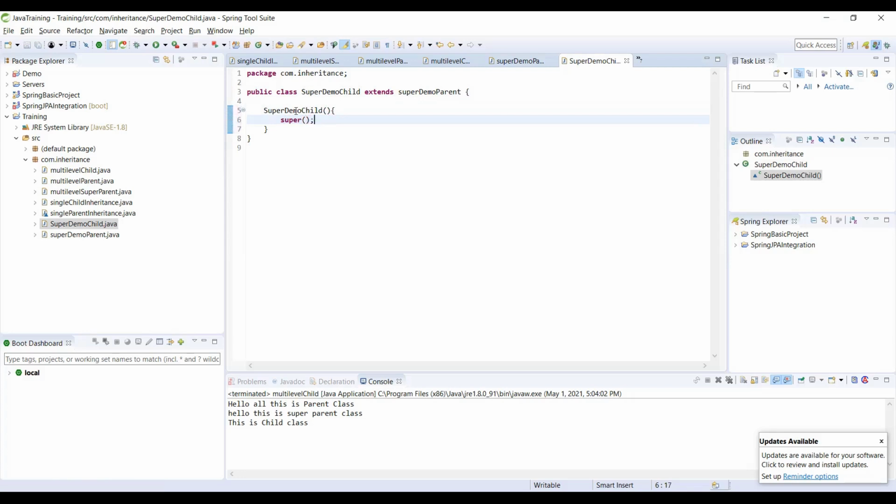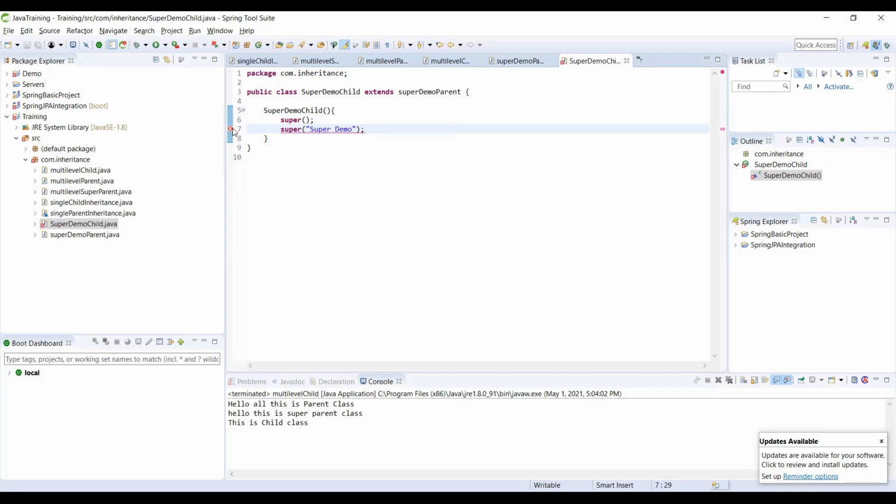Now I can also do a super with a parameter. Why does this give an error?